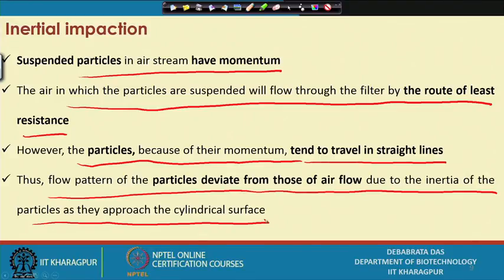So, here we consider one critical air velocity. What is critical air velocity? Critical air velocity is the velocity above which the particle will be collected due to inertial impaction, because it tries to follow the same path. Otherwise, at less than the critical air velocity, it will follow the normal air path. Then the inertial impaction will not work.